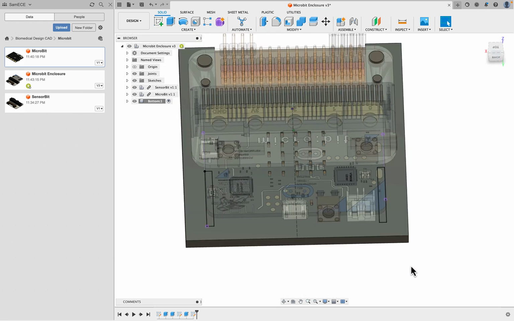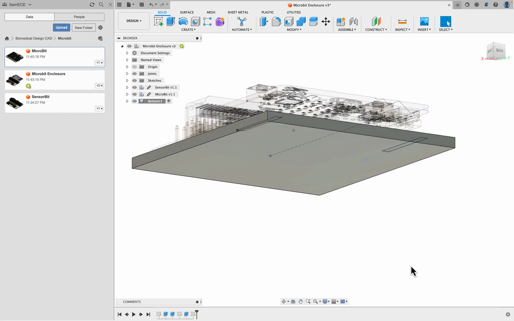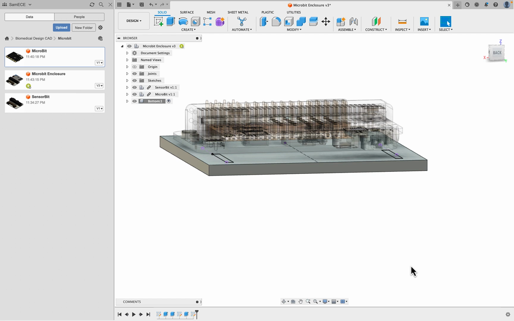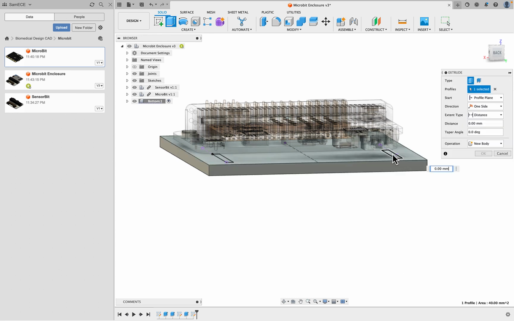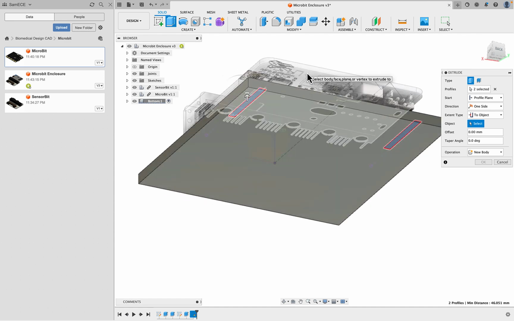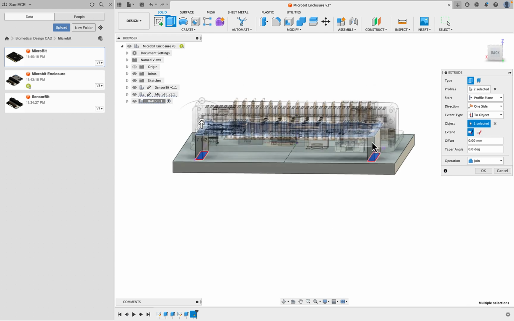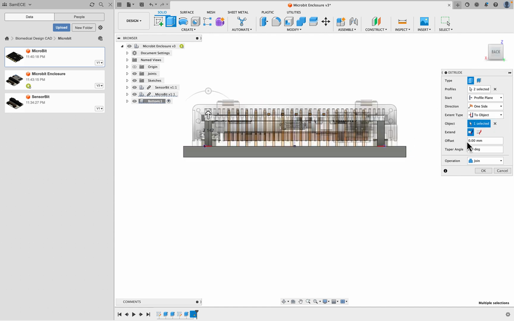So finish, and as I actually have these various components present, when we extrude we can use the existing geometry as a guideline. So I'll hit these 2 rectangles, and instead of choosing distance I'll choose to object, and then hit the bottom of the microbit controller, and then they're extruded right onto that surface. Again, to allow for any tolerances, I would actually like to adjust the offset just a little bit. So say